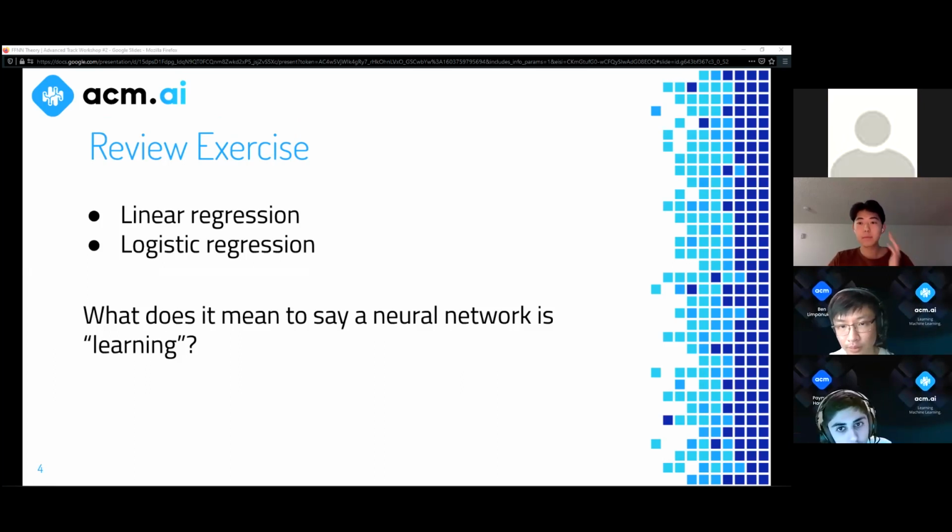Even if, yeah, go ahead. Oh, sorry. Yeah, I was just going to say, if the loss function approaches 0 during the training phase on the data set. Yeah, so that's a good answer, right?